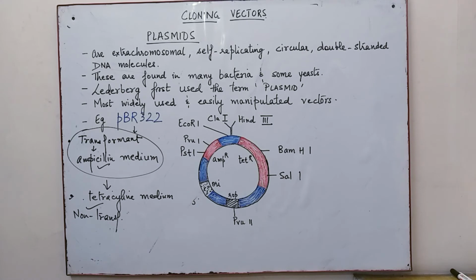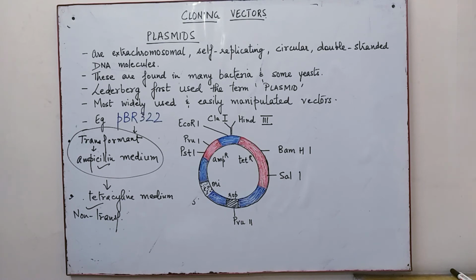So in this case, one antibiotic resistance gene, that is specifically for tetracycline over here, helps in selecting the transformants, while the other antibiotic resistance gene gets inactivated due to the insertion of alien DNA. So this is how it is helping in the selection of recombinants. Now, when we talk of the selection of recombinants and non-recombinants, it is due to the inactivation of antibiotics. Obviously, because over here it is ampicillin and tetracycline. So the resistance difference is there.